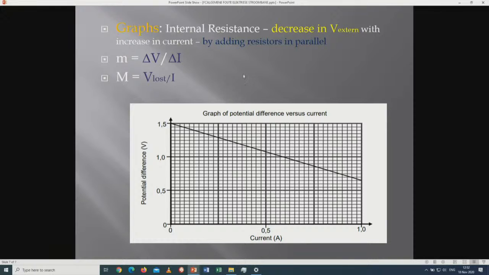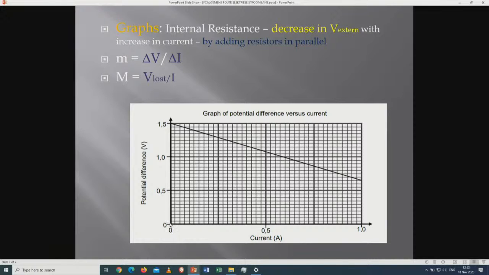In what way are you able to increase the current in your circuit without changing your batteries? You can increase the current by working with your resistors, by adding or removing parallel resistors. So when adding parallel resistance, you will increase the current. And now they've noticed that the V external has dropped